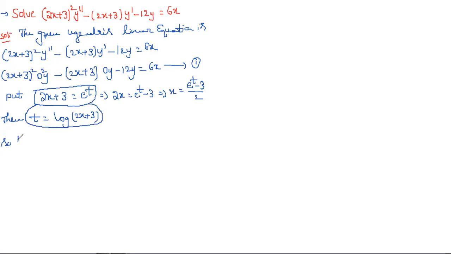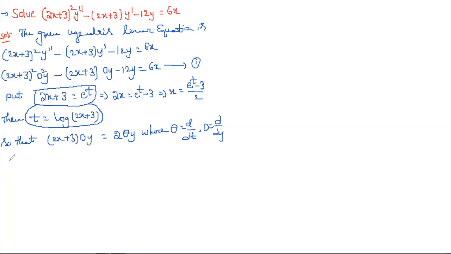So (2x+3) Dy: if you observe, this is in the form of ax+b, where a is nothing but 2. So for that we simply write 2θy, where θ is d/dt and D is d/dx. And don't think we'll always get 2 and 3. Unfortunately, in the problems we are solving we are getting 2 and 3, in the previous problem also, and here also. It is not a fixed one; they can give any values in place of this. In some cases they may give a negative coefficient of x.